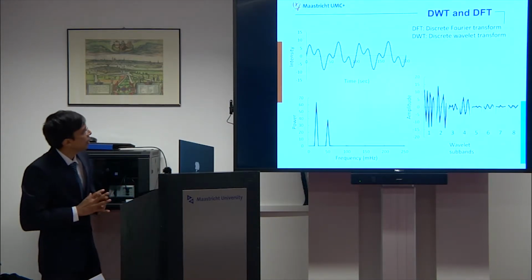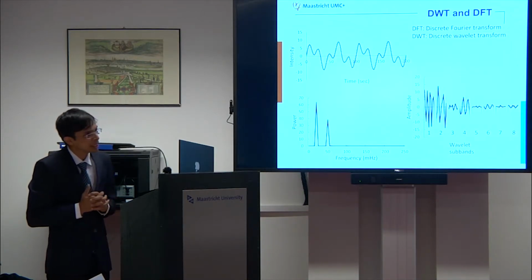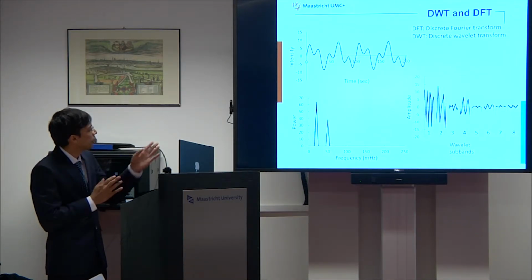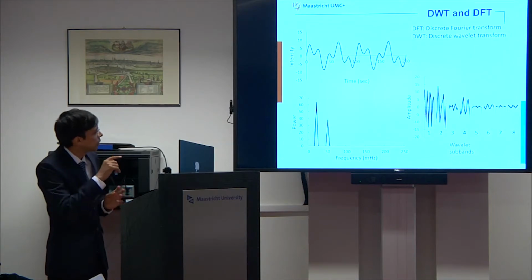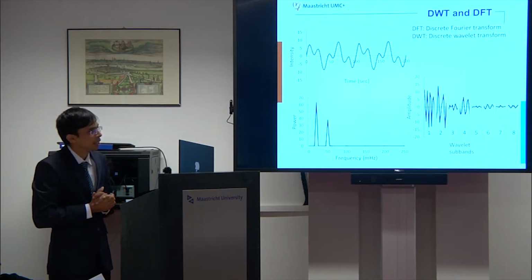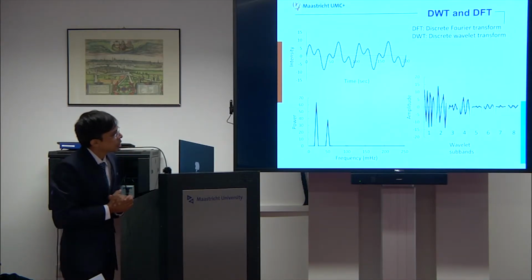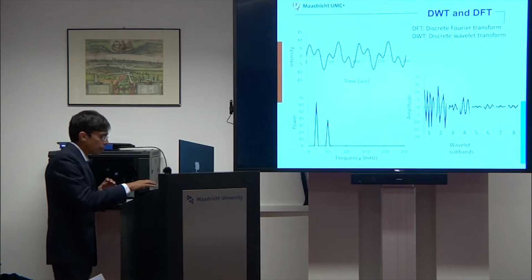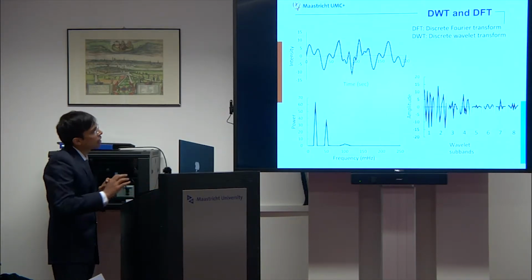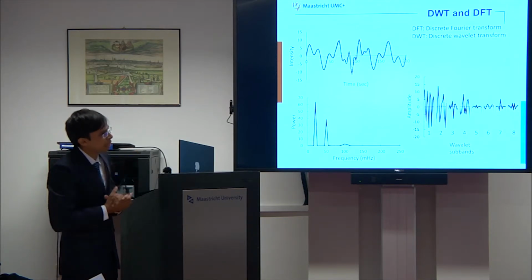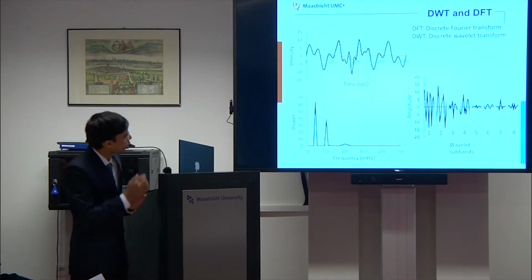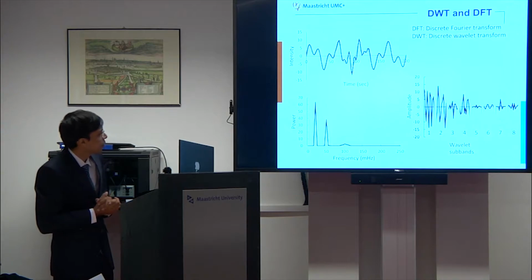Showing an example here. Here is the signal with 2 frequencies, and you can observe in the frequency plot below, the 2 peaks represent the 2 frequencies present in the signal, and the plot on the right shows wavelet subbands. As we introduce a non-stationary component to this signal, you can observe the small peak starts to appear in the Fourier spectrum.